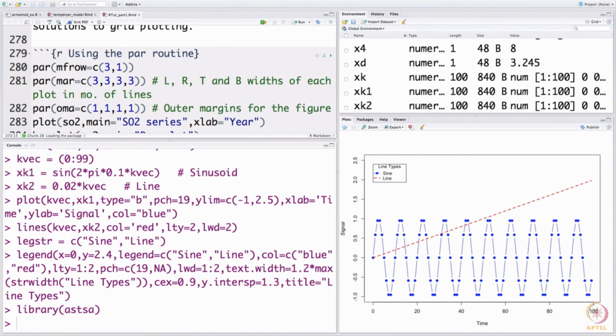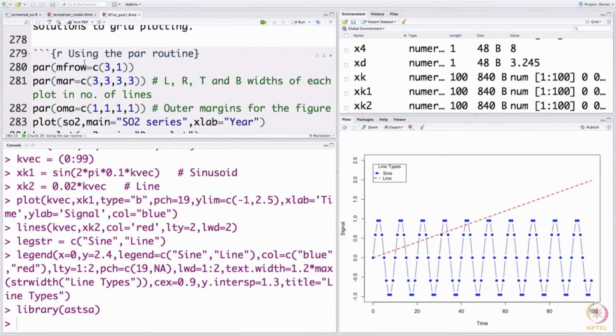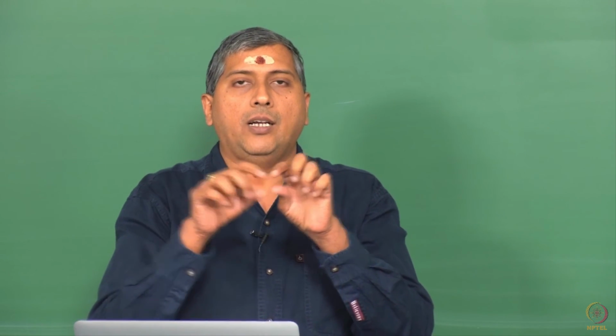What does this mfrow do? It basically divides your screen into as many plots as you specify. So, here I am asking par to divide the screen into 3 rows and a single column, and then I am specifying other options, how much spacing should be given around each plot in terms of number of lines, not inches. So, 3, 3, 3, 3.